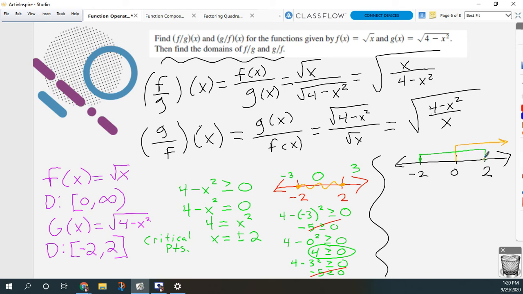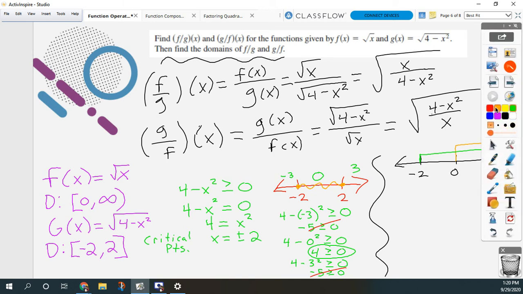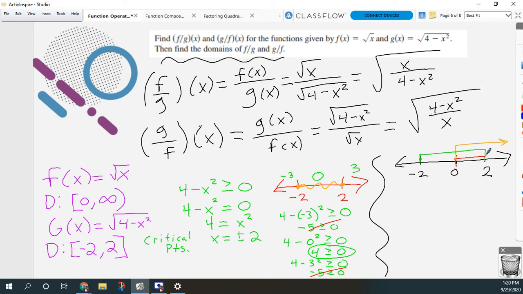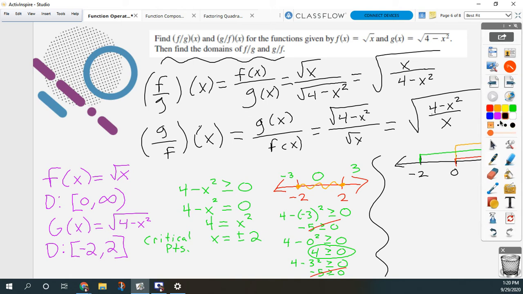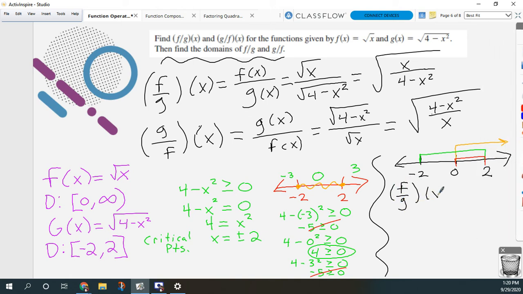And so for our new function, where we combine those 2 things, we have to pick a domain that makes both of those things true, or basically the portion in which they overlap. So notice that they're going to overlap from 0 to 2. So that means that the domain for F divided by G of X is going to be from 0 to